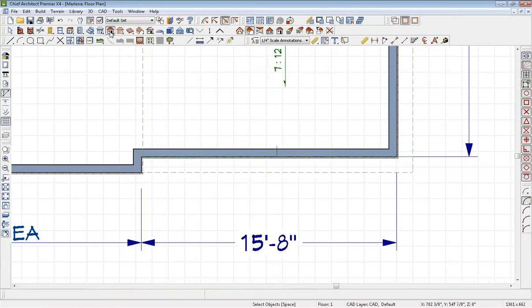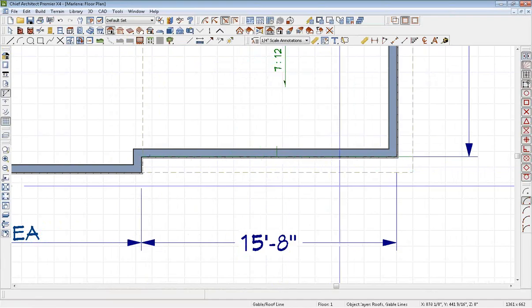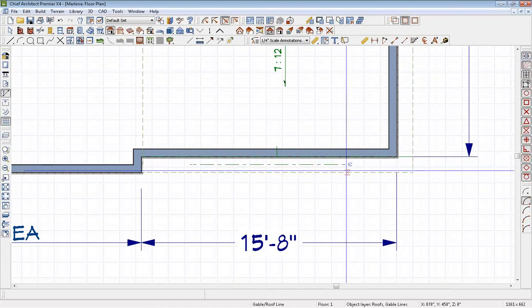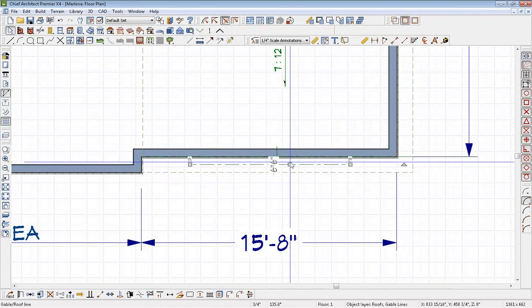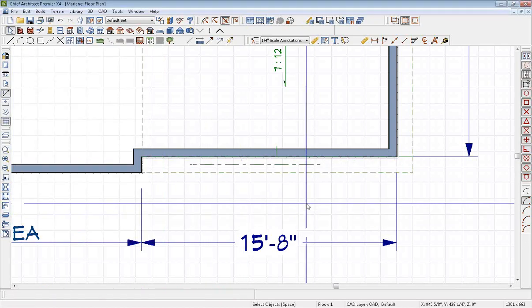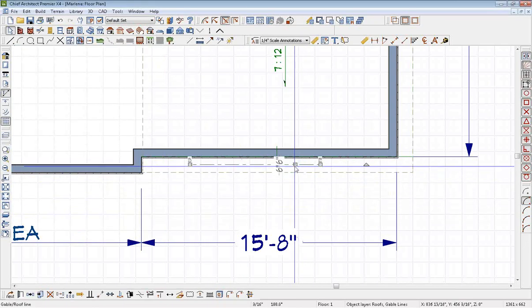But if we go to the roof tool and we go to gable roof line, I'm just going to put a line here, and then I'm going to open it up, and I'm going to make the length 8 foot or 96 inches. You can type in, if you type in feet, you have to put the foot sign. If you want inches, you don't need to put the inch sign. It will default to inches automatically. Also want to